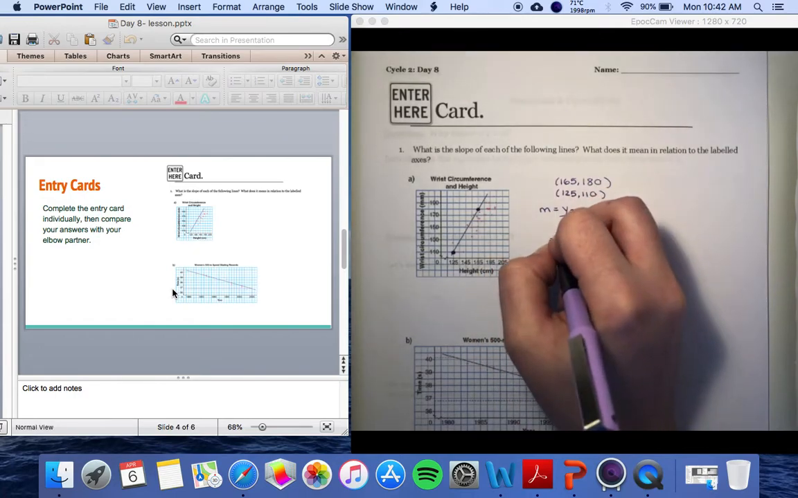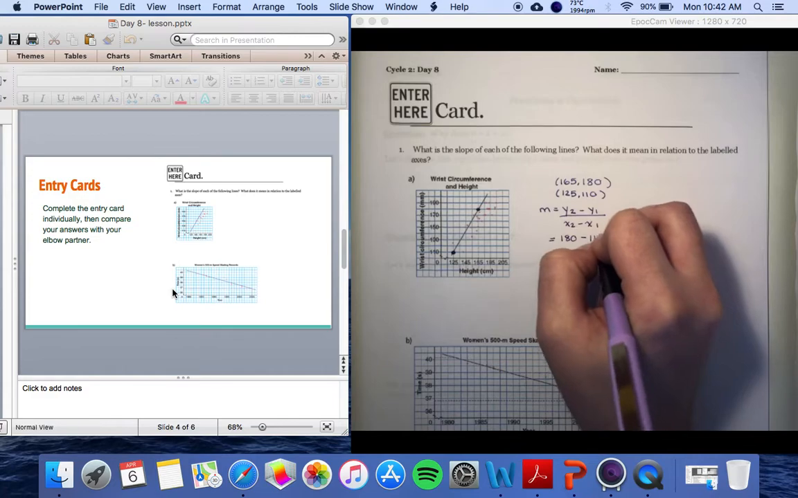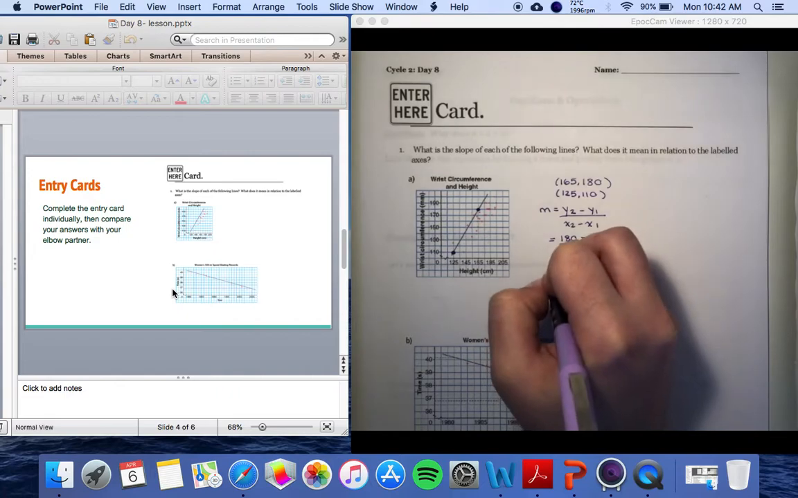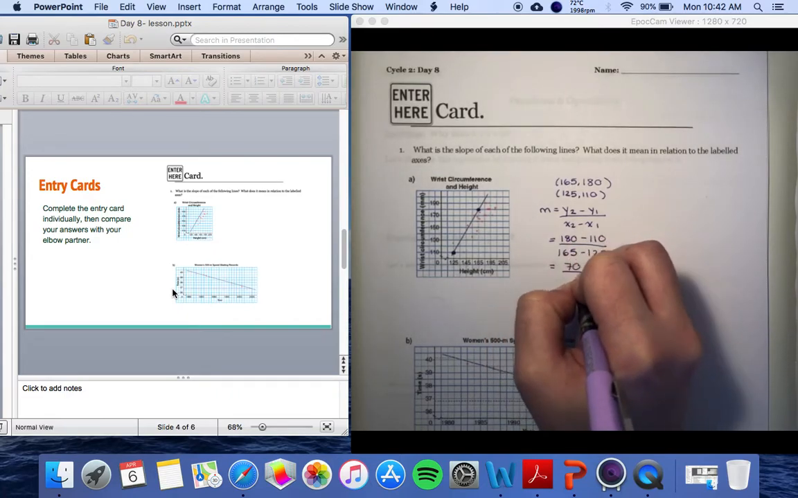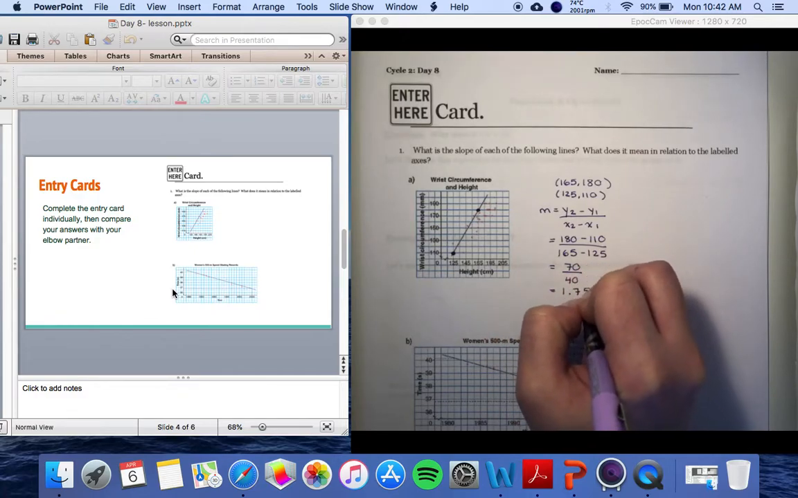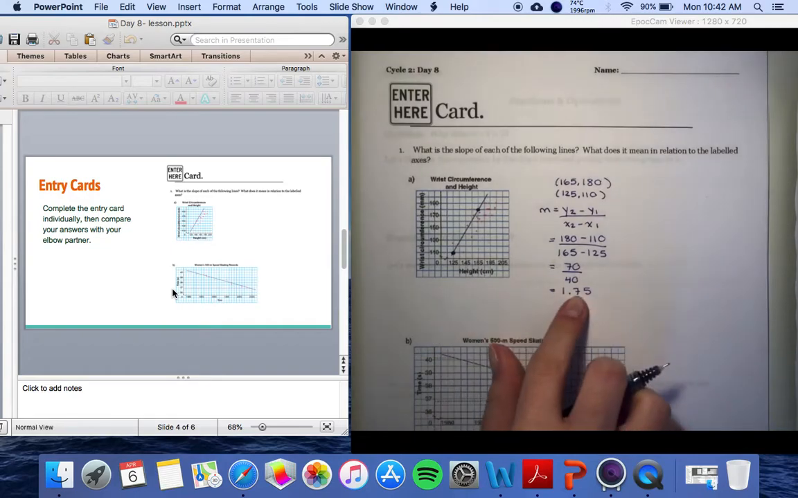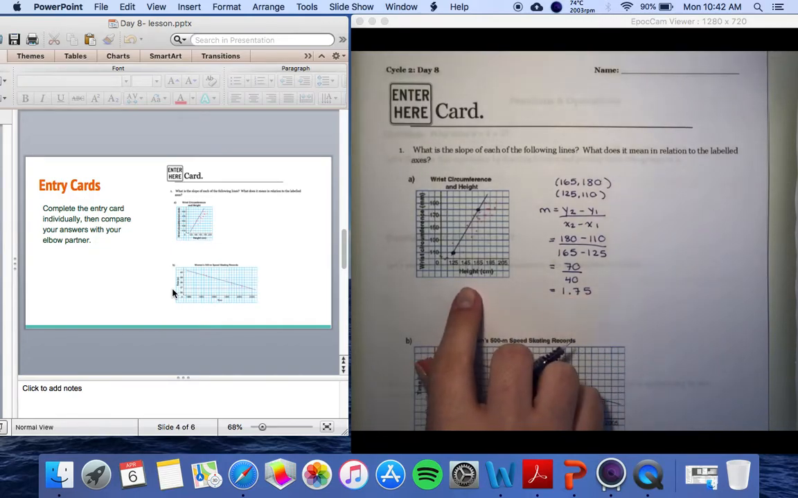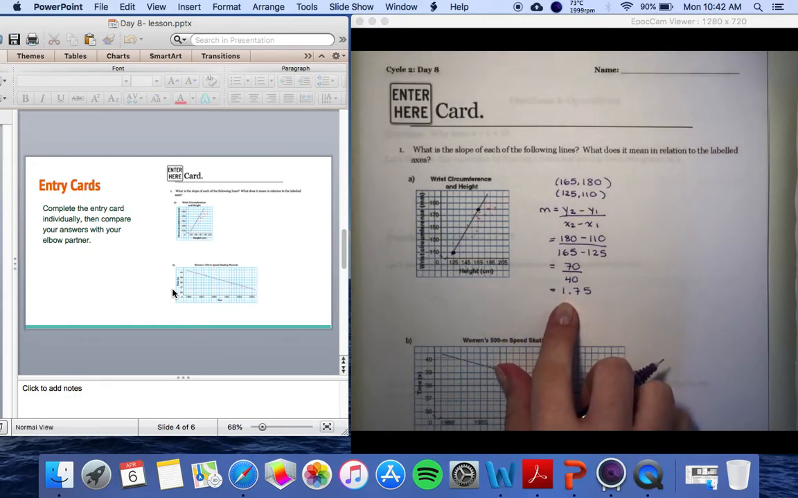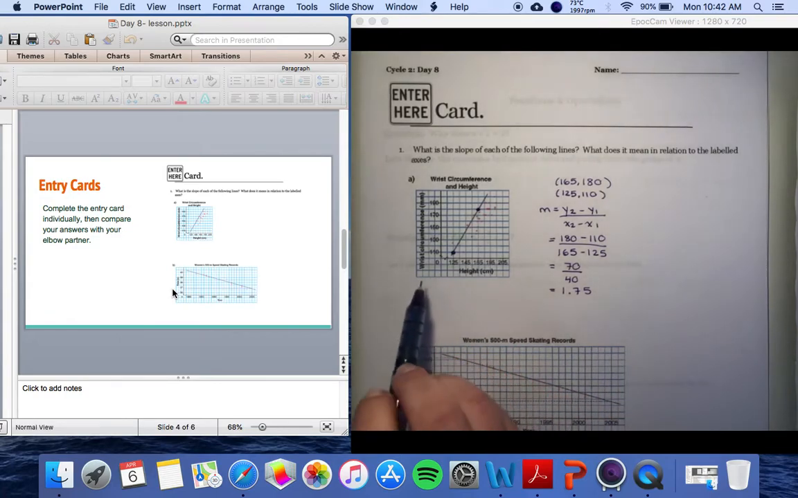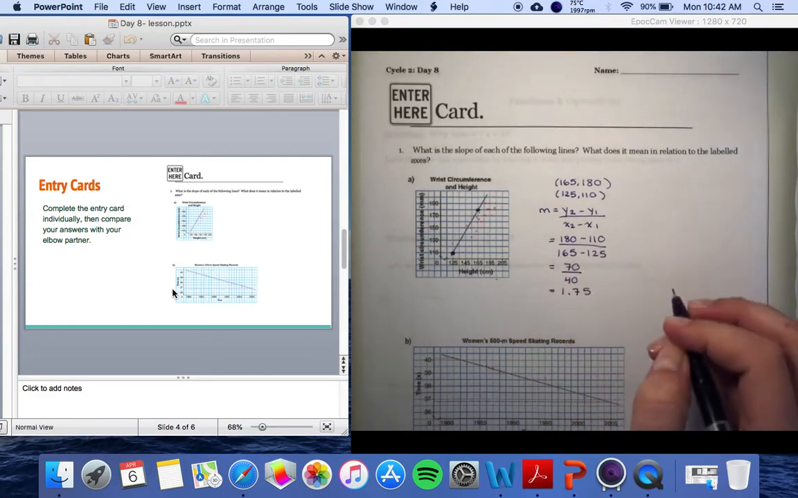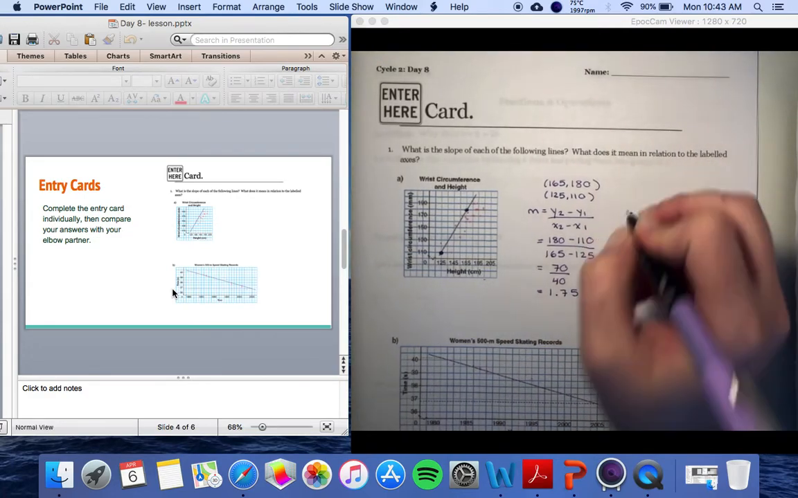So what we're going to do now is just input our 4 values into our formula. So y2 I'm just going to label as 180 minus 110, divided by 165 minus 125. Simplifying the top and bottom, we'll be left with 70 over 40, which equals 1.75. Now, because we are dealing with rate of change, that's what it's asking us. What does it mean in relation to the labeled axes? In the situation here, if we're comparing wrist circumference and height, what this is telling us is that,